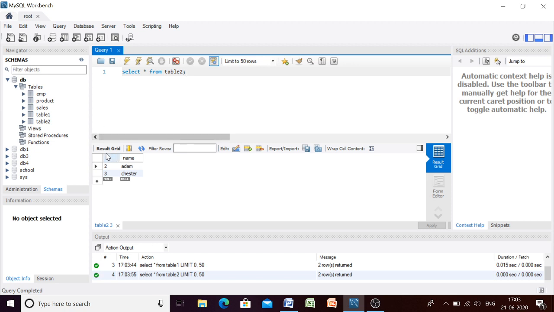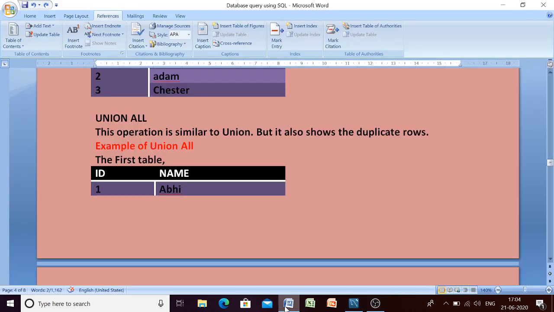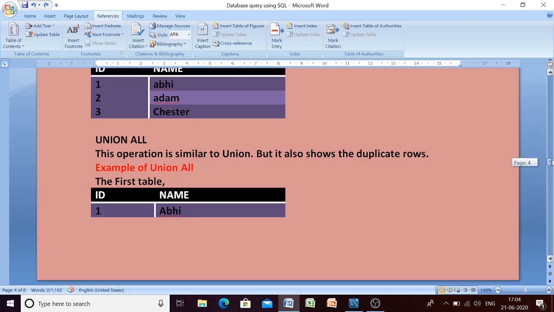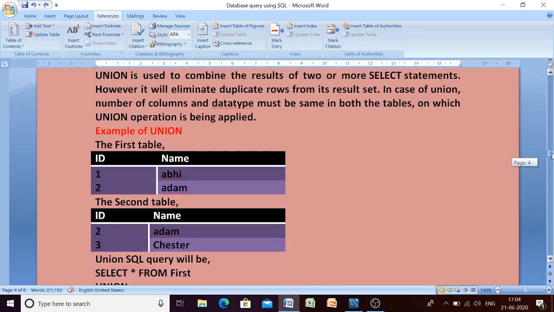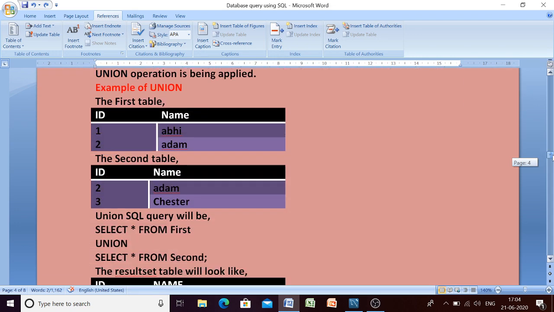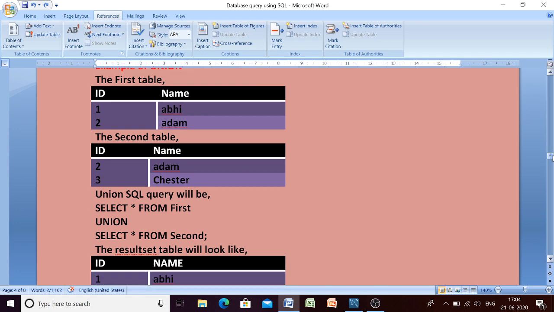Okay, so both tables are union compatible. Let us check what we are getting when we perform our union operation. As we have already discussed, when we want to perform a union operation, the first condition should be their compatibility, which we have already checked.